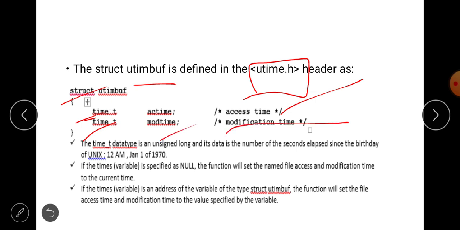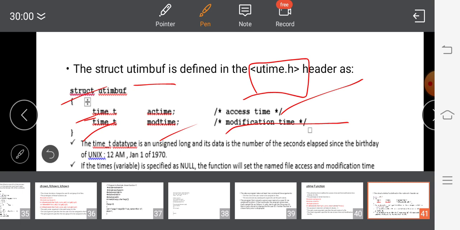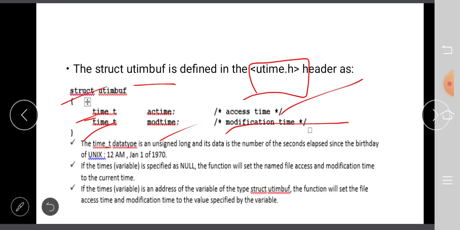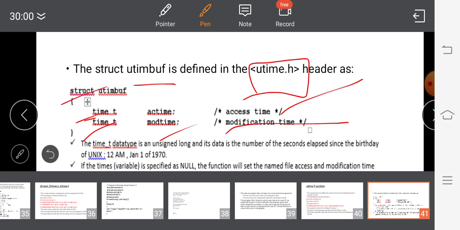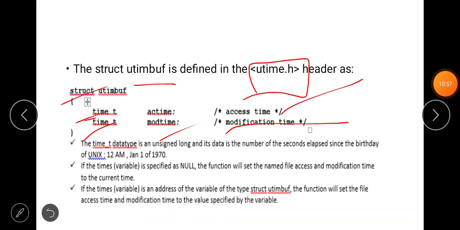The time data type is a signed long and its value is the number of seconds elapsed since the birthday of Unix, that is 12 a.m., Jan 1 of 1970.